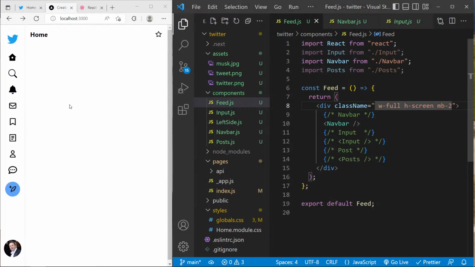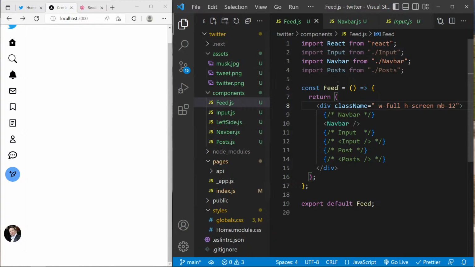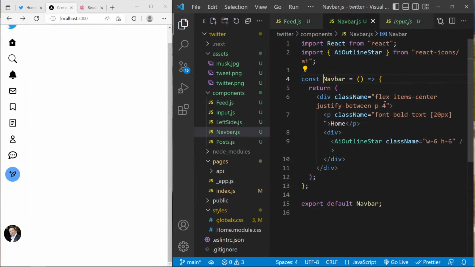Perfect. So let me say margin bottom of 12 maybe. So we want this to be sticky at the top. To do this, we're gonna say sticky and save,